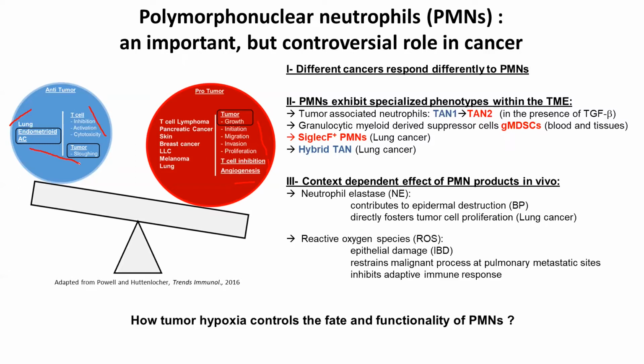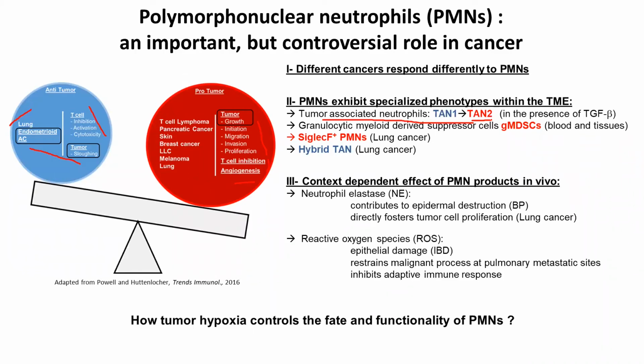Second, neutrophils can acquire a specialized phenotype within the tumor microenvironment. For example, this is the case of the tumor-associated neutrophil 1 subset with pro-inflammatory and anti-tumor functions, which can become tumor-associated neutrophil 2, pro-tumor, in the presence of TGF-beta in a mouse model recapitulating